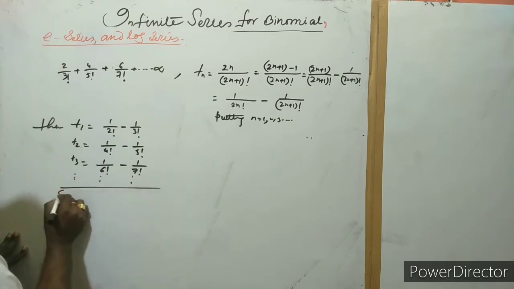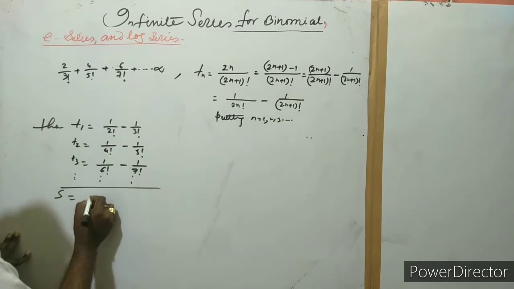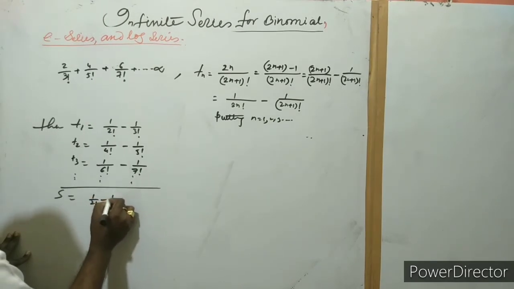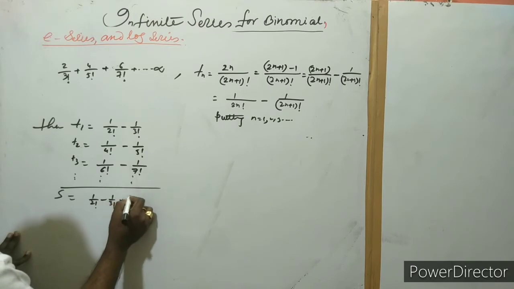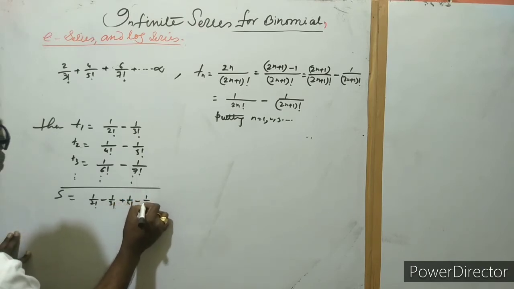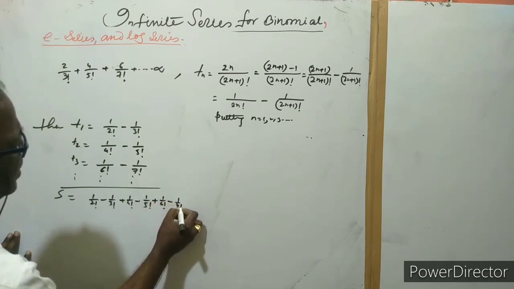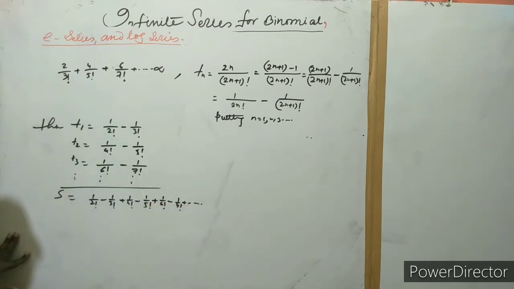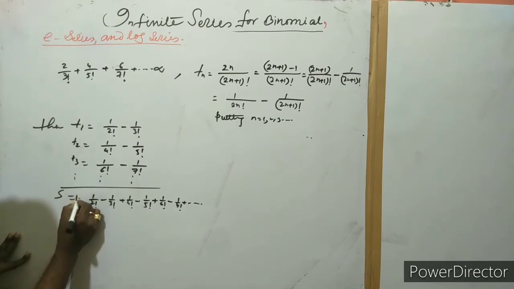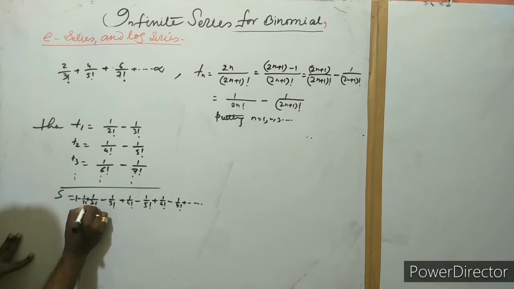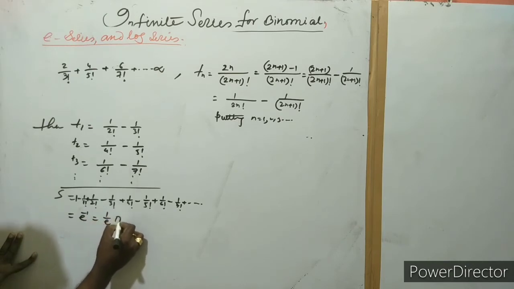We can write here the sum. This is the sum: 1 by factorial 2, then 1 by factorial 3, after that 1 by factorial 4, then factorial 5 here, 1 by factorial 6, then 1 by factorial 7. This is a series. Okay, look here, this is a series. In the same manner we can add 1 minus 1 by factorial 1, then it is e to the power minus 1. So that's why 1 by e is your answer.